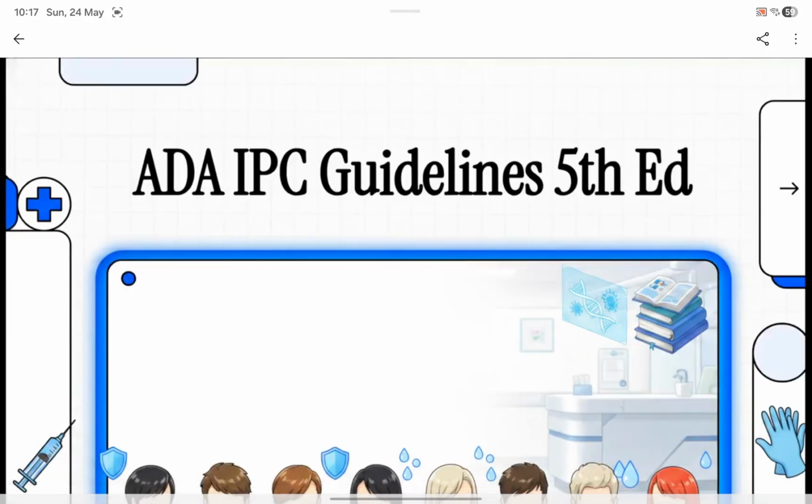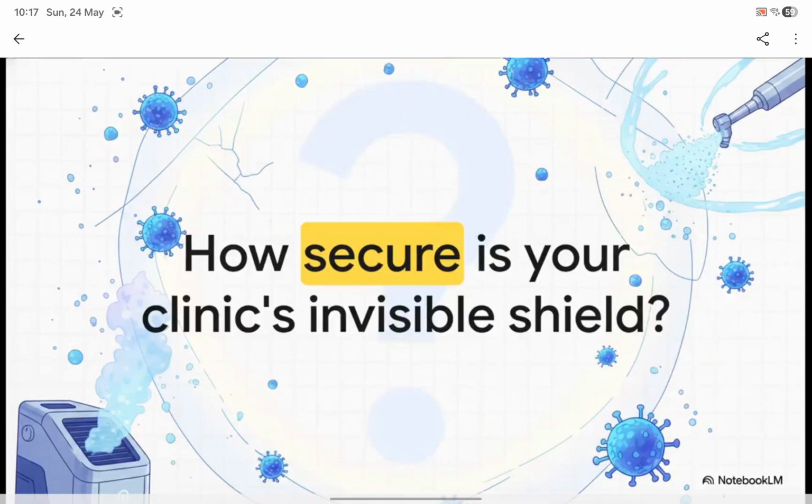All right, let's dive right into this explainer on the newly updated 5th edition of the ADA Infection Prevention and Control Guidelines. Look, as dental professionals, we all know the stakes are incredibly high, right? This document is basically the absolute blueprint for keeping our clinical practices totally safe for every single person who walks through that door. But before we get bogged down in the rules, we really need to pause and think